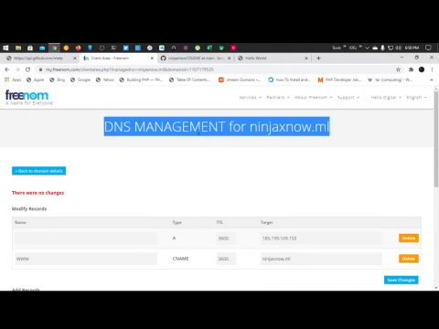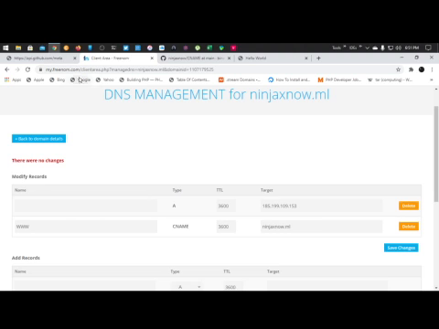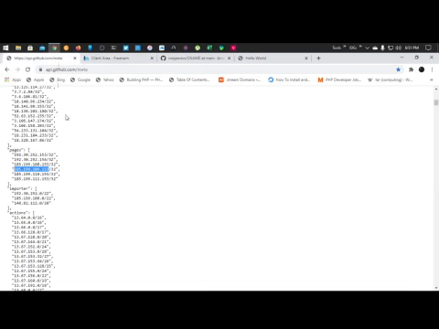The reason for registering a domain name earlier is that we have to wait for the DNS settings to propagate properly from the GitHub servers, which usually takes 1 to 5 minutes. In the DNS management section of the domain, we're going to create two different records: an A type and a CNAME. The A type points the domain to the web hosting IP address of the server, which is GitHub Pages.